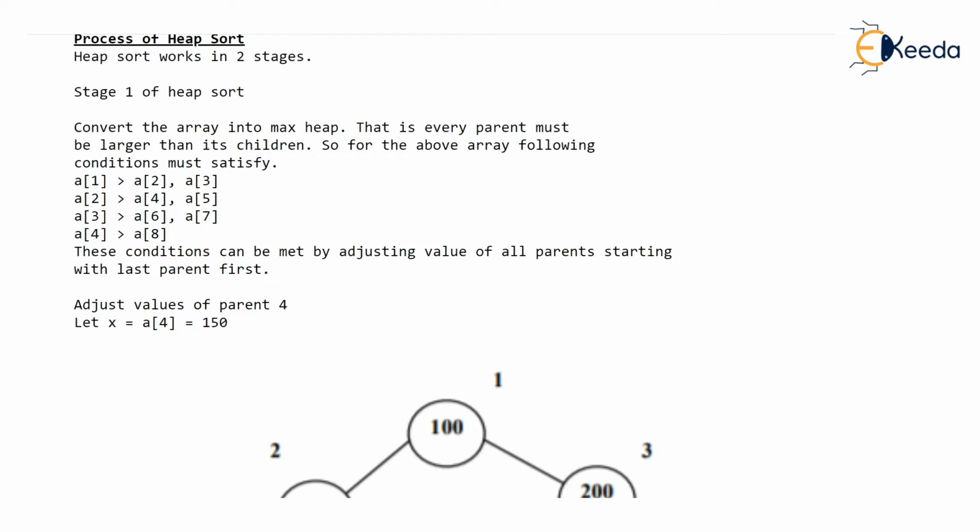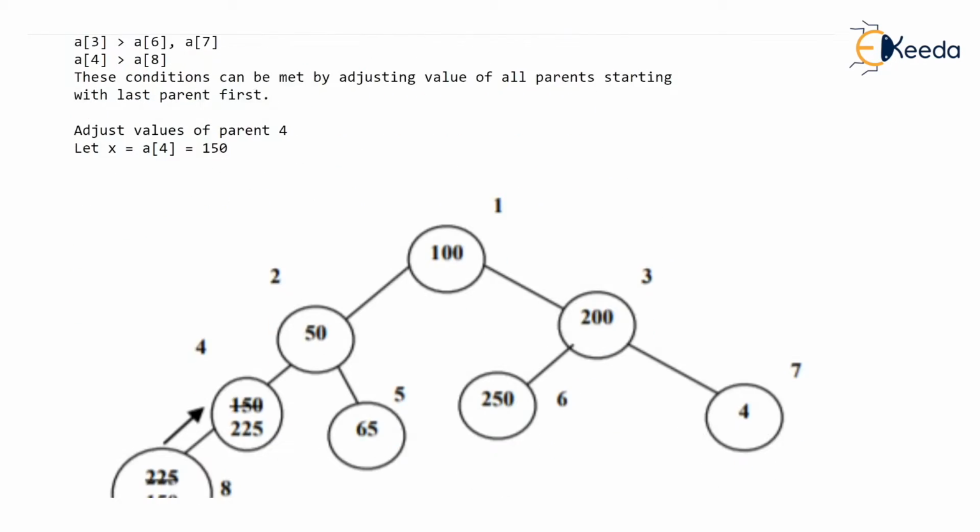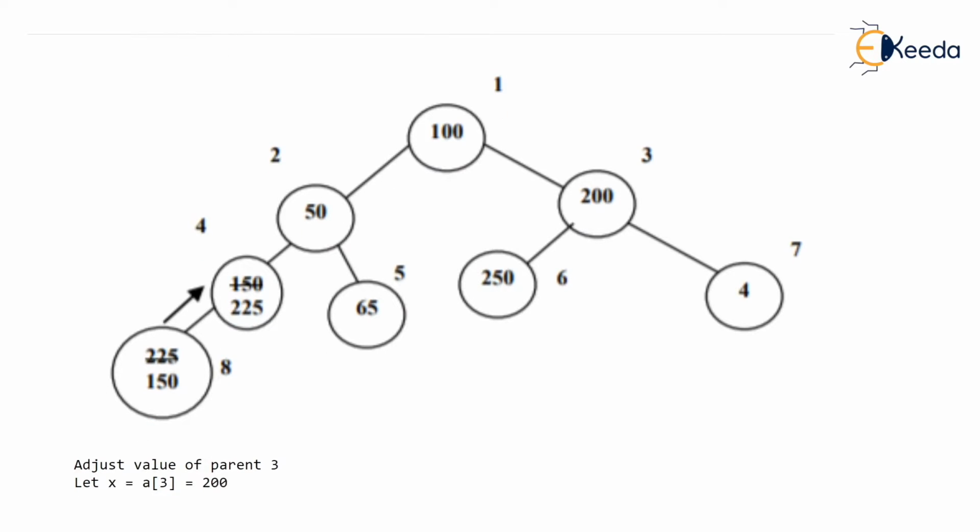The procedure is very easy. What you do is you take your original heap. So I have actually shown the working over here, but I will write the original values over here. This was 150 here and this was 225. Okay, this is the original heap, which is neither max heap nor min heap, and we want to convert this into max heap.